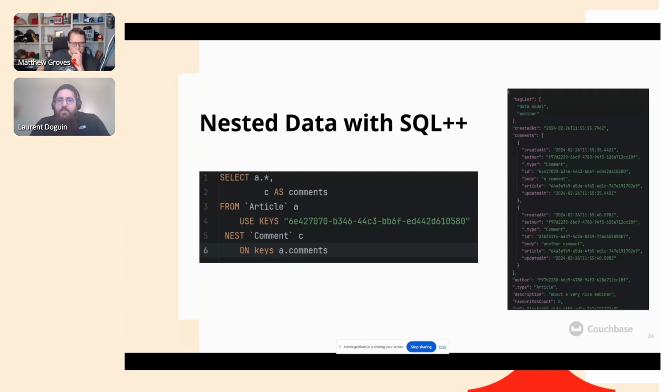Nest comment C means I'm nesting on another collection called comments. Sorry, on keys comments. Comments is the name of the field. A is the article collection. So basically, for each key in the comments array, I'm going to be able to replace them with the actual document, which is why on the right side of the screen you see that